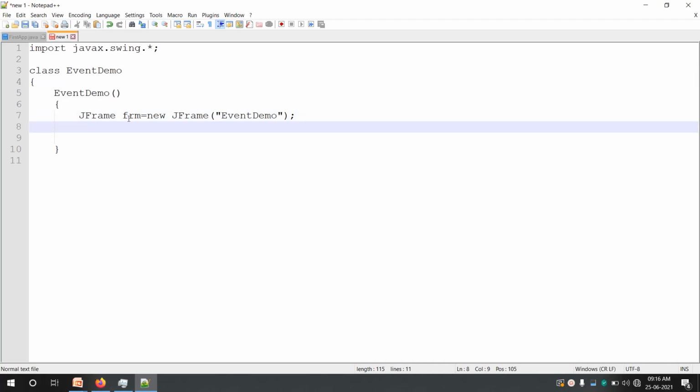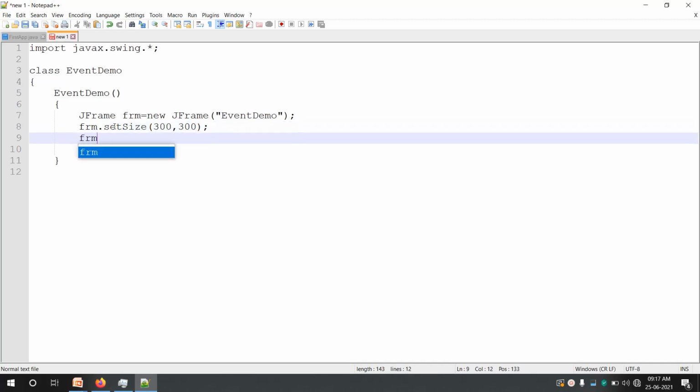Then there are certain attributes of JFrame which need to be set. First is frm.setSize, height and width have to be specified. I'll say 300, 300.